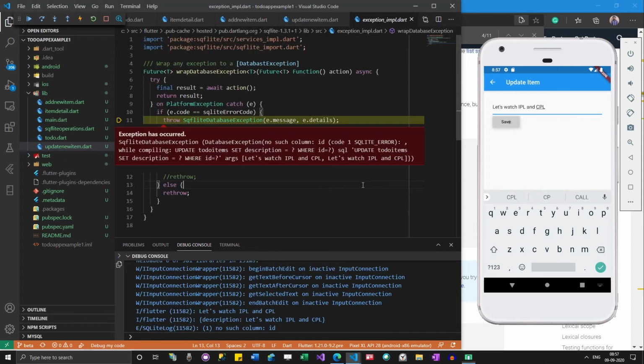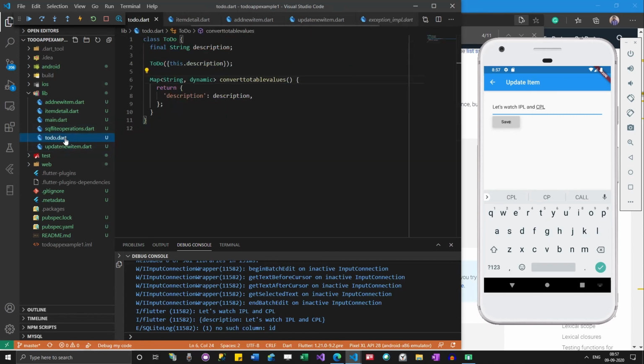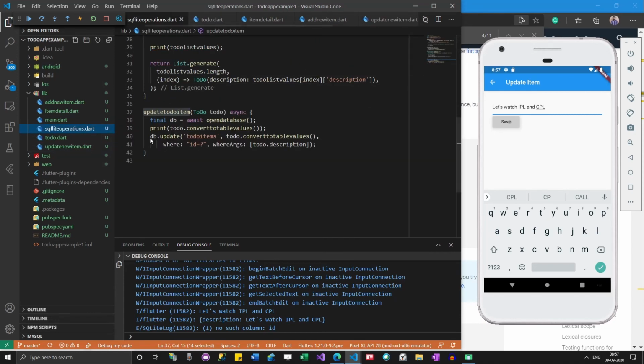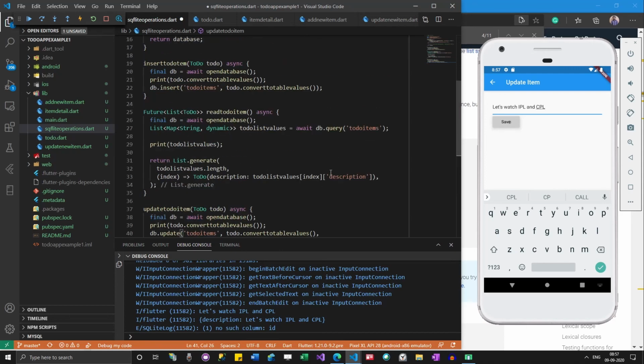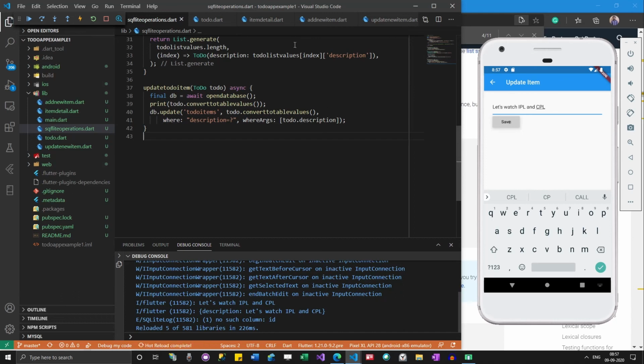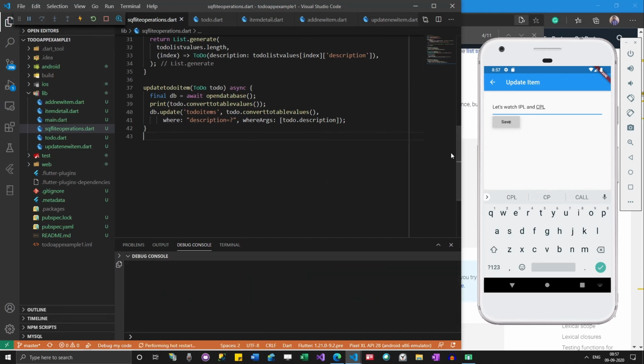There is some error message now: there is no such column as id. Sorry, so I have to give description over here, because there is no column like description. Let's see how it works now.